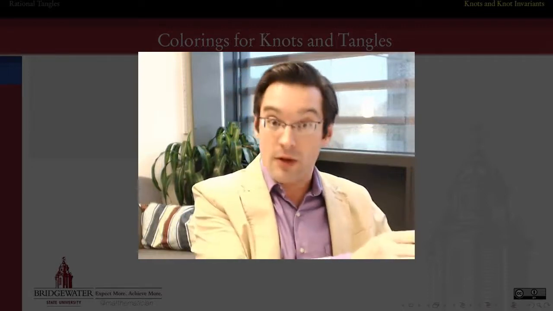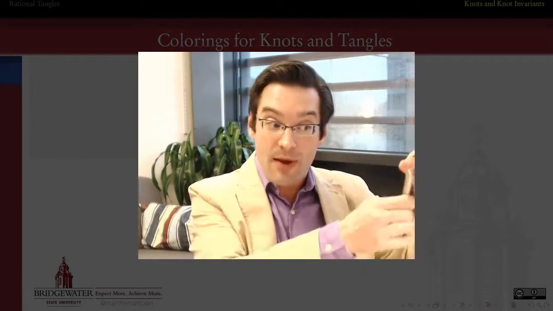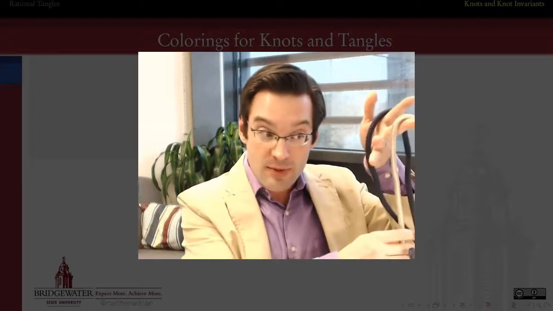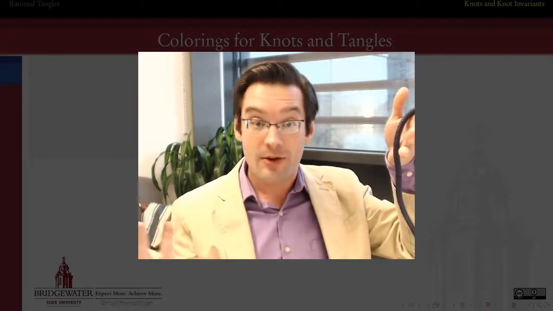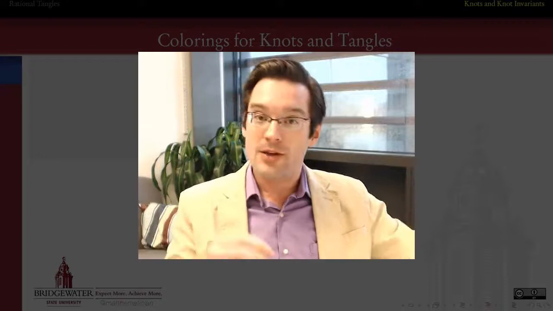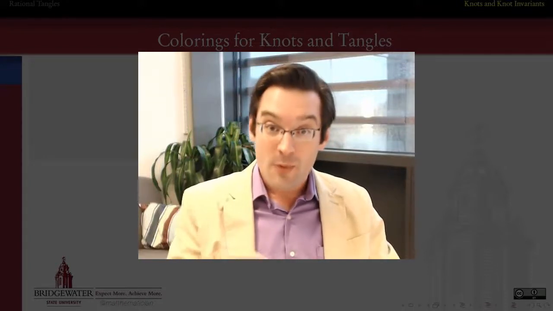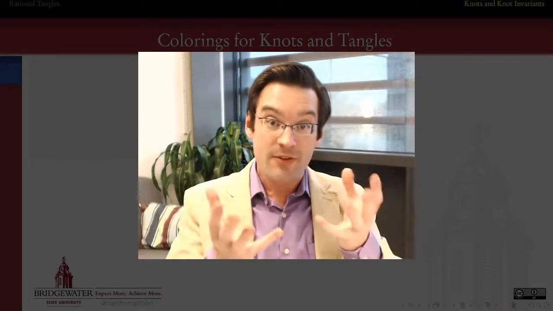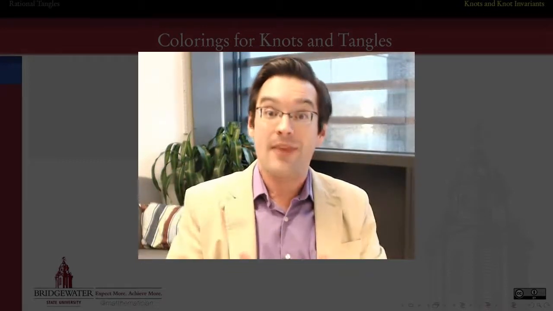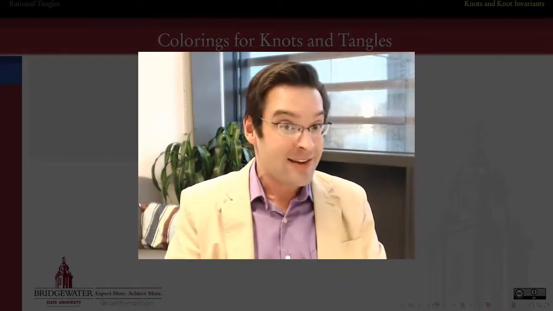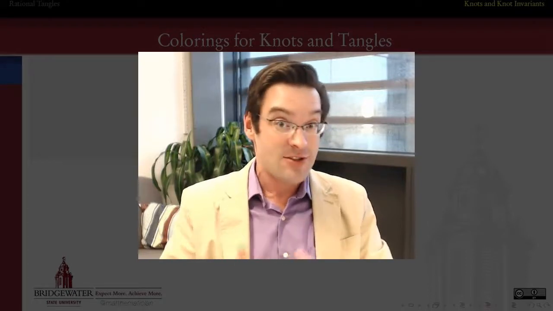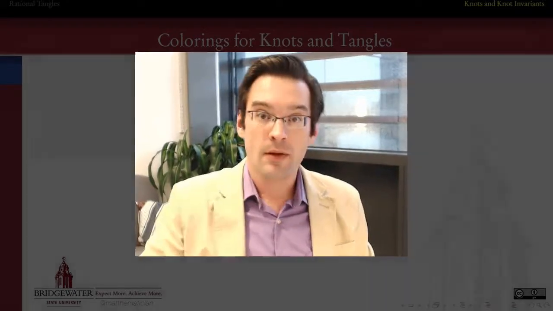This is the basic idea that we could begin looking more closely at the structure of knots by thinking about coloring the various strands of the knots a different color. If we can get enough information by coloring the strands in a knot diagram different colors, we may be able to encode just enough information that can completely determine that knot. How we do that is a pretty long story, of which this is just going to be the first step. So the plan